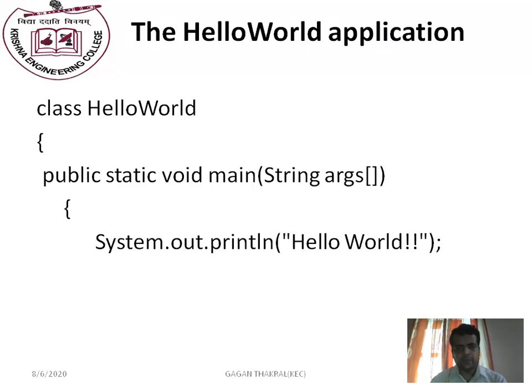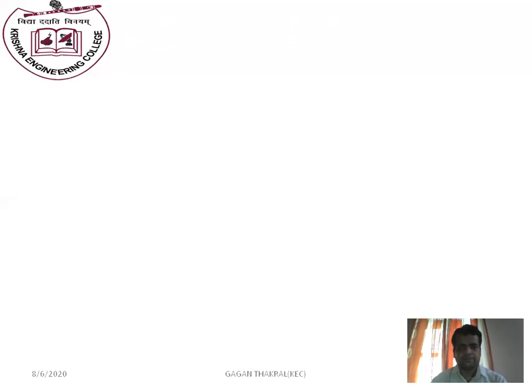Then the definition of the main function contains System.out.println. System is a predefined class. Println is a method to display the output in Java. And Hello World is the statement which we want to print in Java, which is represented in double quotes as an argument of the println function. Then the definition of the main function closes, and the definition of the class closes. This is our simple Java program to print a statement in Java.